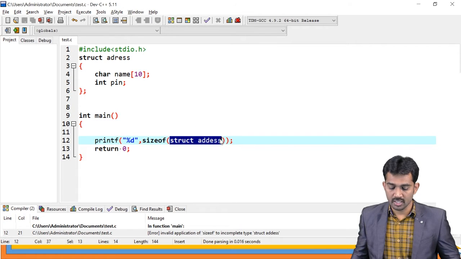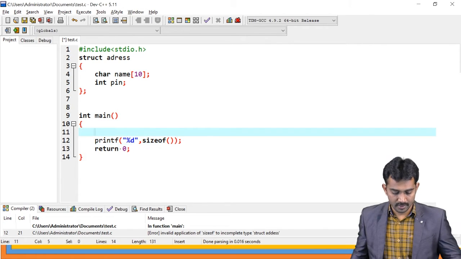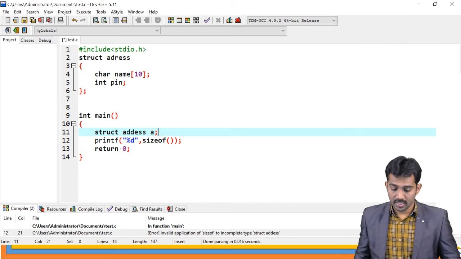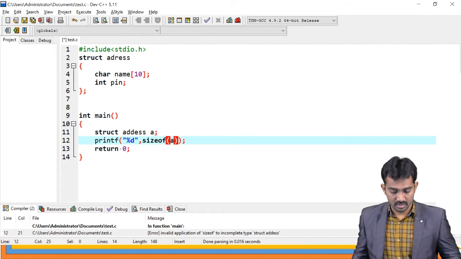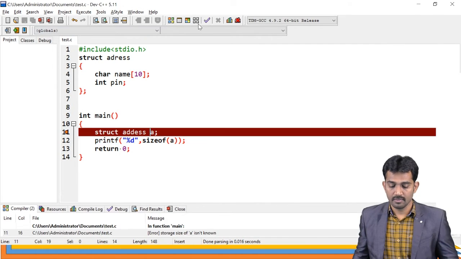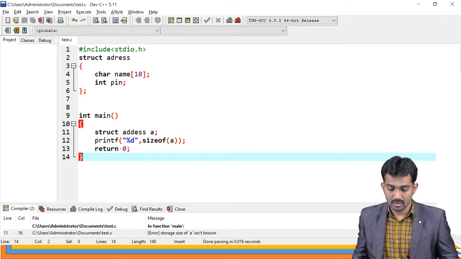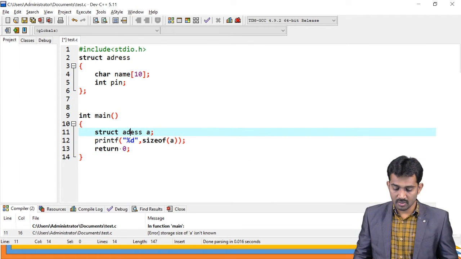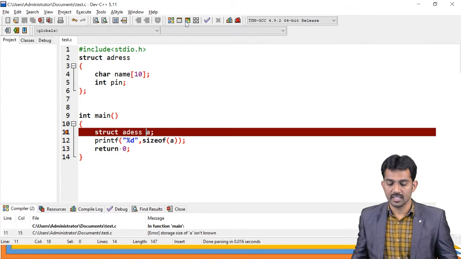Instead of this, just pass one variable, A, and use A here. Then run the code. What is A? Oh, sorry, there is a small spelling mistake, that is why.